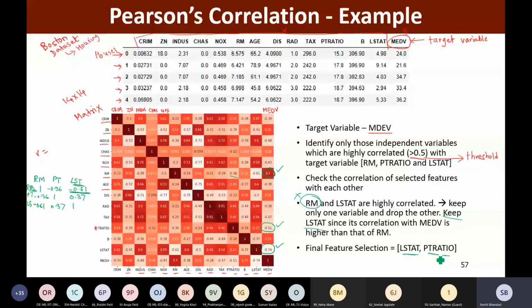And we have reduced the dimensionality of our feature vector. Now with these two features, we are going to perform our next task. We are going to use the machine learning algorithm for prediction by making use of only these two features, because we found that these two features are most relevant features. So we have eliminated the remaining features.